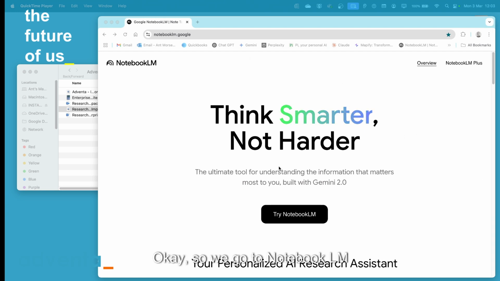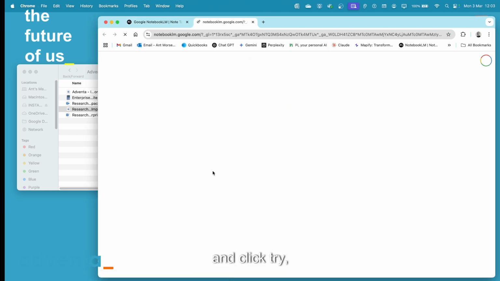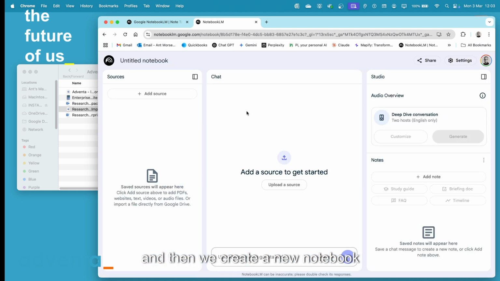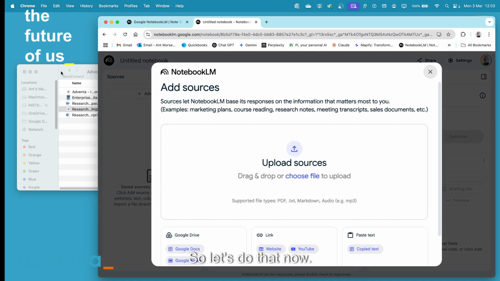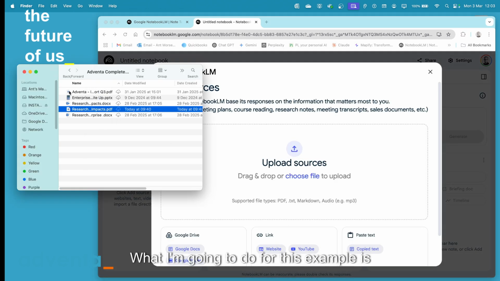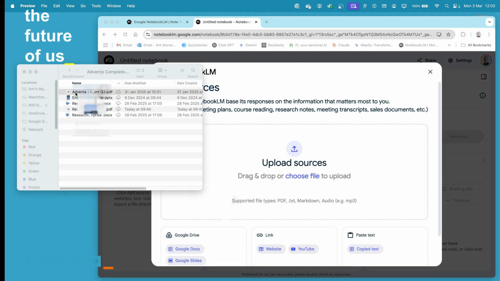Okay, so we go to Notebook LM and click try, and then we create a new notebook. Familiar window here to what we had before. We can add sources and upload. So let's do that. Now, what I'm going to do for this example is I'm actually going to upload my